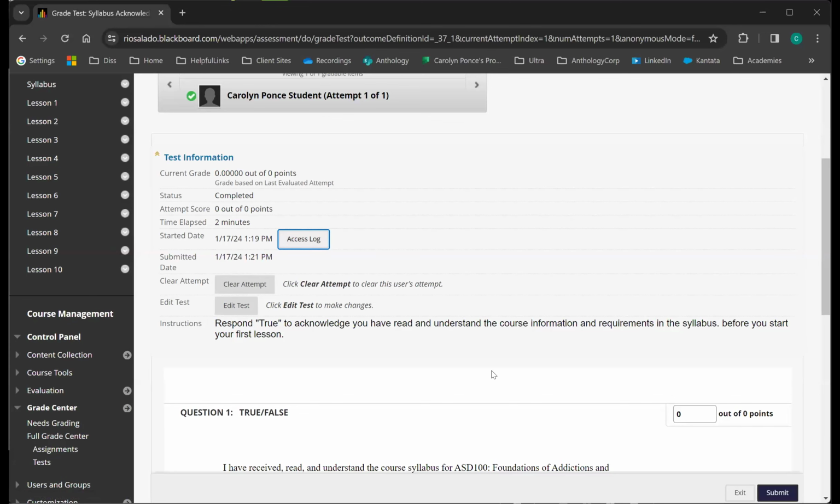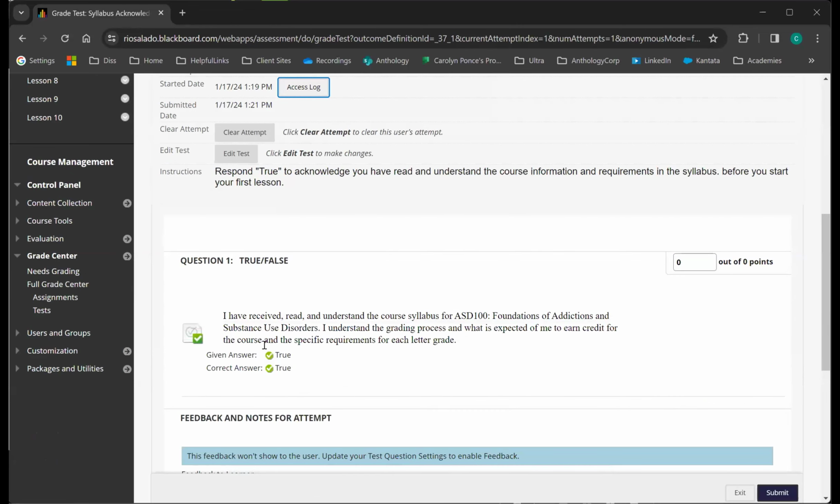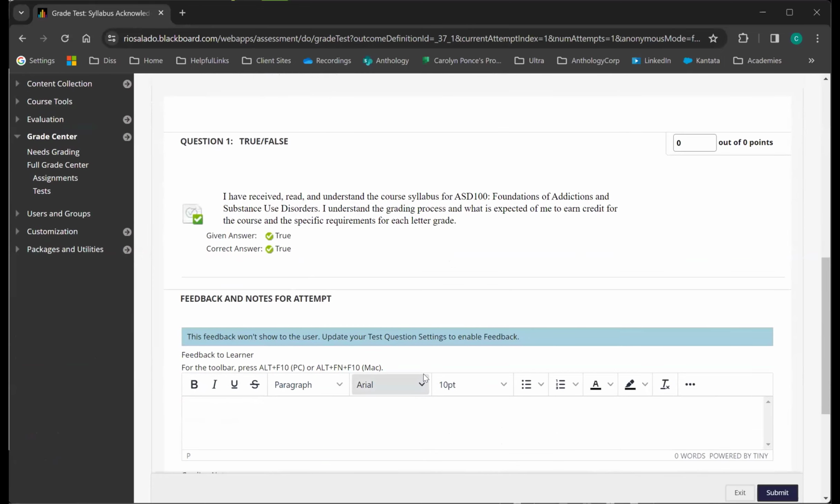These are ways that you can follow up with any student issues or check out how your students are doing. If you need to clear the attempt, there's another opportunity to clear it here. You can check out how they did on each question. It'll show you the correct answer and what answer they gave.